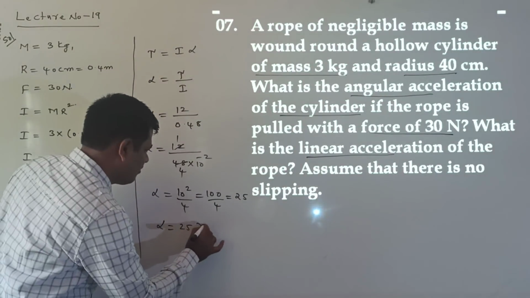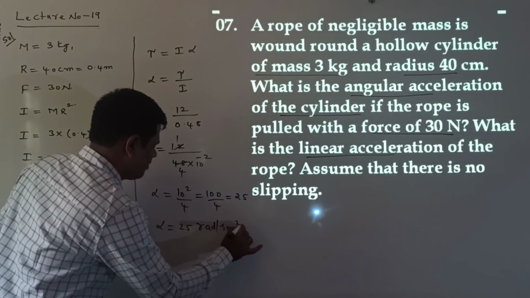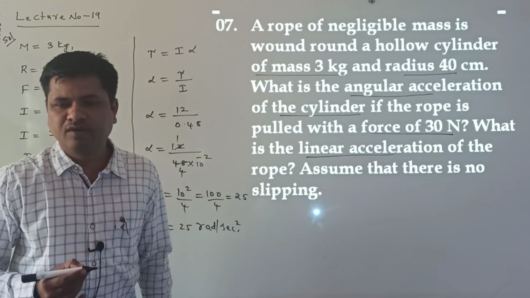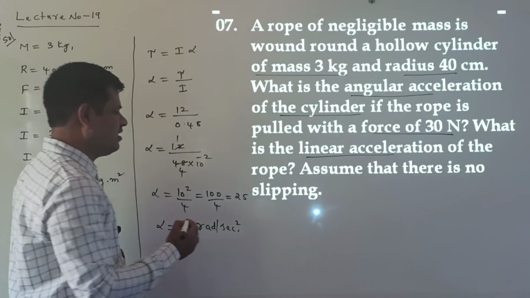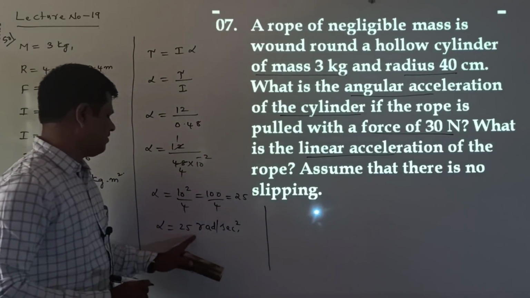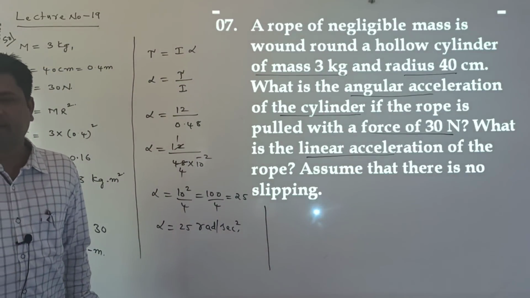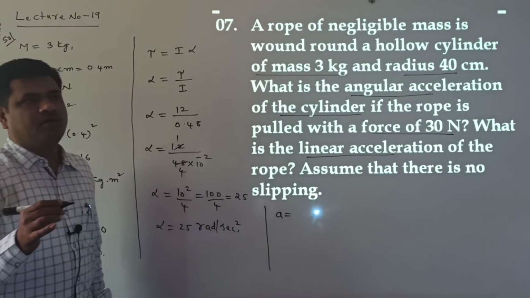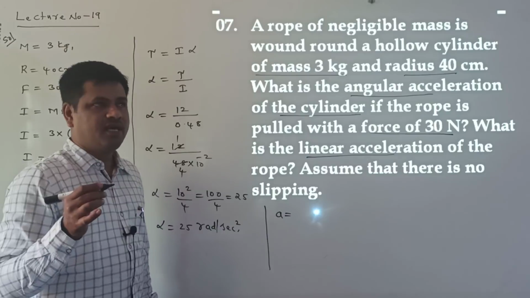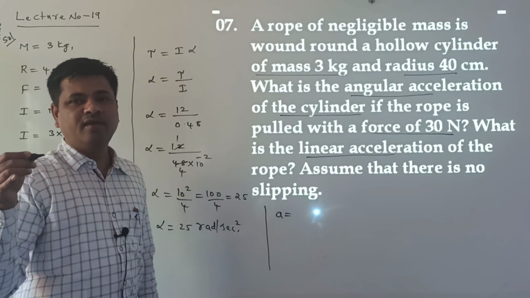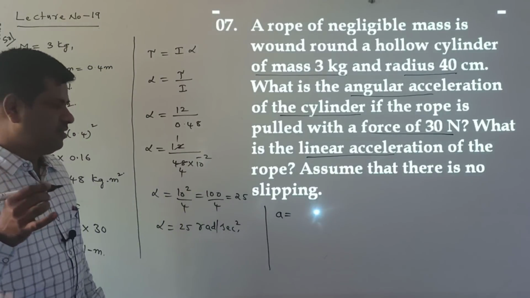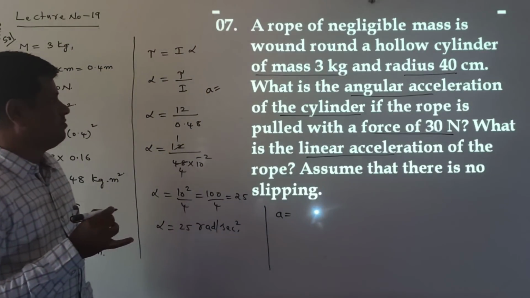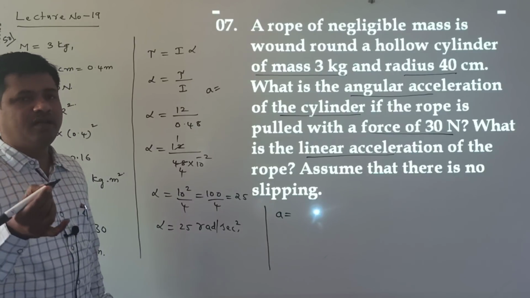The unit is radian per second square. This is the angular acceleration. When we know the angular acceleration, we can easily find the linear acceleration. The relation between angular acceleration and linear acceleration in magnitude form: alpha is equal to A, and the general formula is A is equal to...